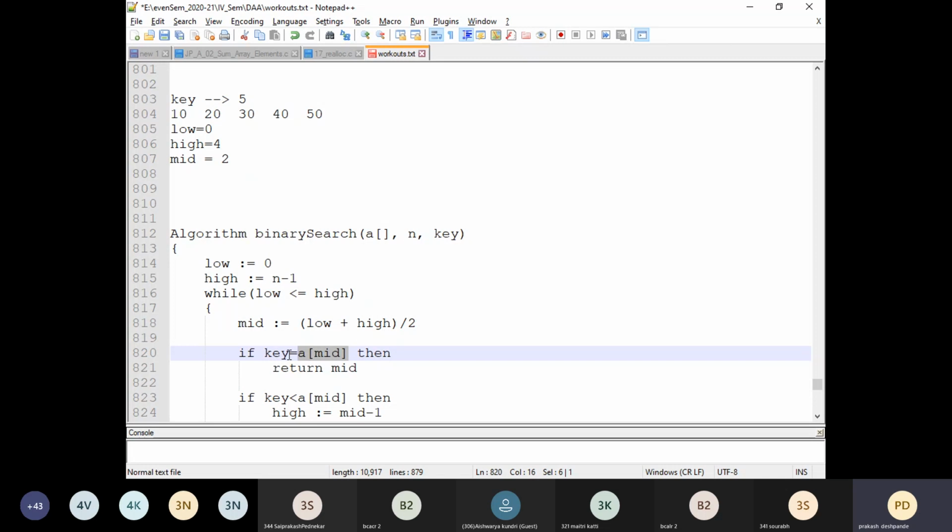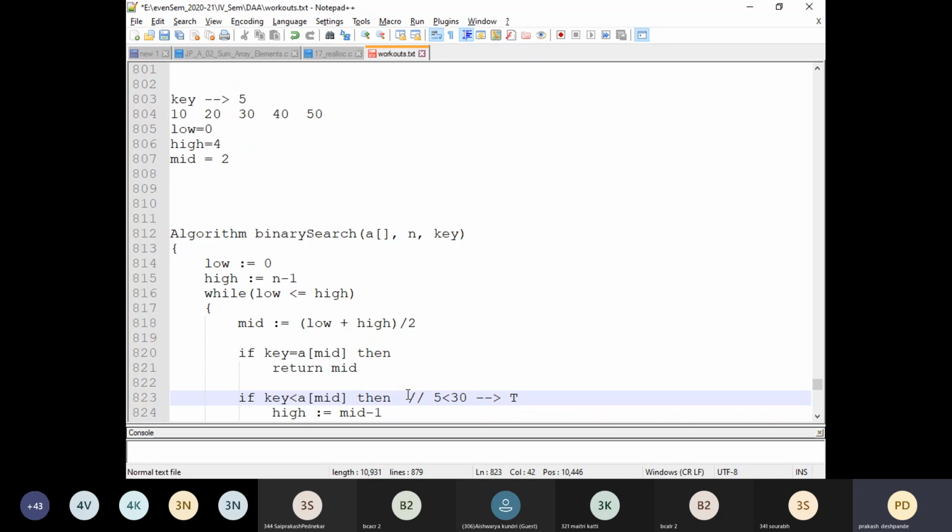No, key is not equal to A of mid. Then it will go on to the next statement, that is if key is less than A of mid. Is 5 less than A of mid, that is A of 2? In A of 2, what do we have? 30.